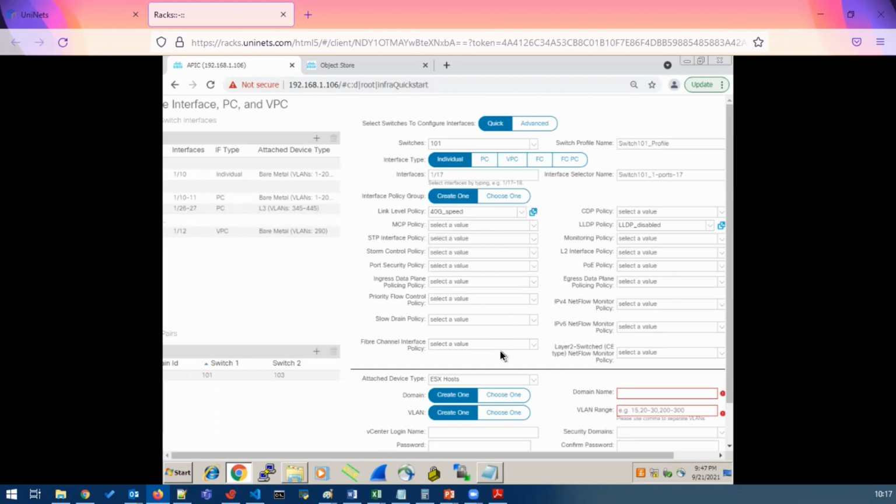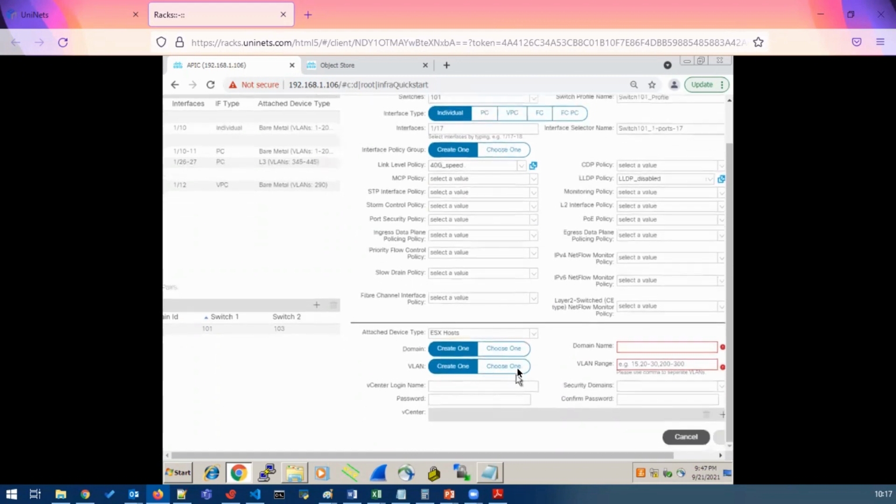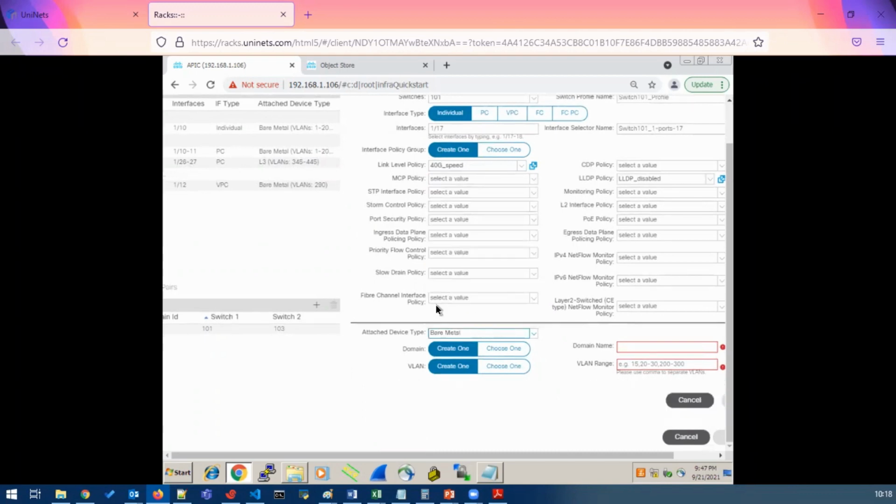Okay. Now this is connected to my ESXi host or physical host, or it's like a VMM domain or a physical bare metal server, right? So in my case, it will be bare metal. Though the server has ESXi installed, or they are creating a virtual environment, for me, since I'm not attaching it via a VMM domain, it will be bare metal.